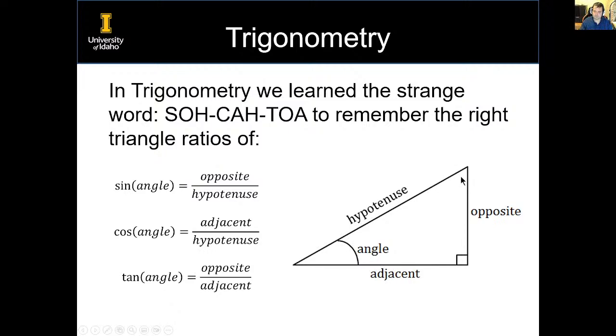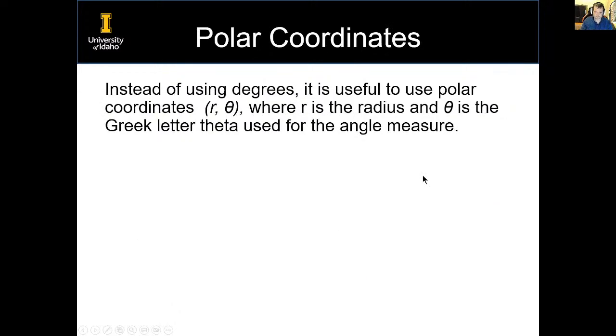This angle could be up here as well. It would just flip these opposite and adjacent values. But for this angle right here, this is the opposite, this is the adjacent, and this is the hypotenuse. All right. Now, that's nice, and it's definitely helpful to know that, especially if we're talking about Cartesian